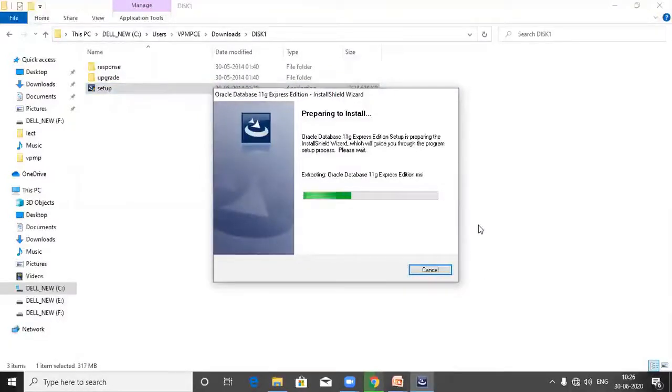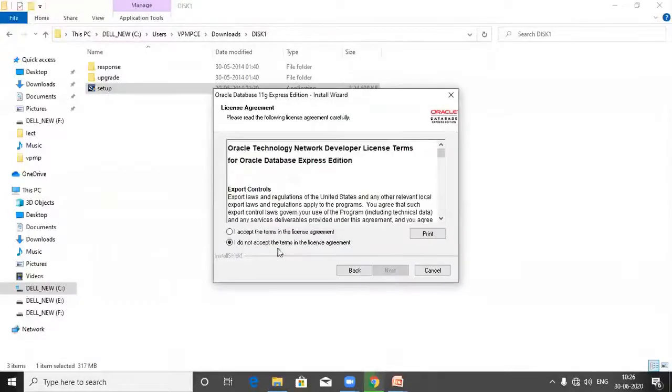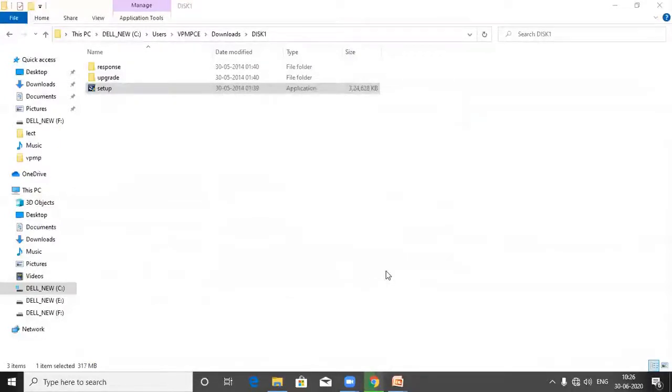Wait for some process. Now click on next. Accept the terms in the license agreement, then next.